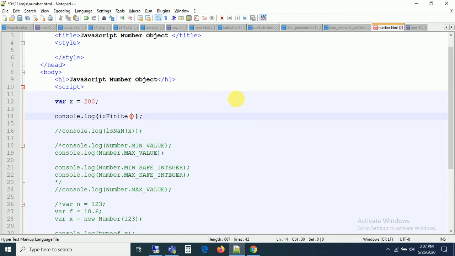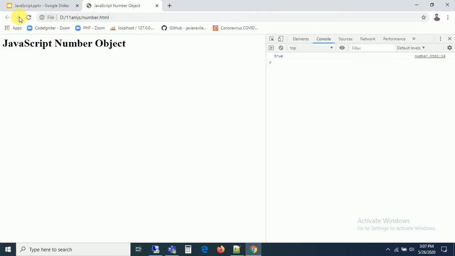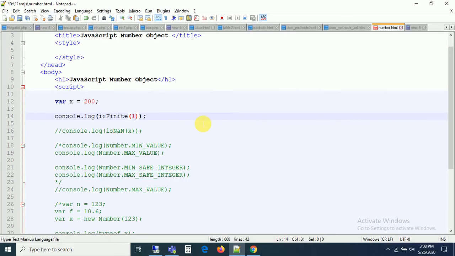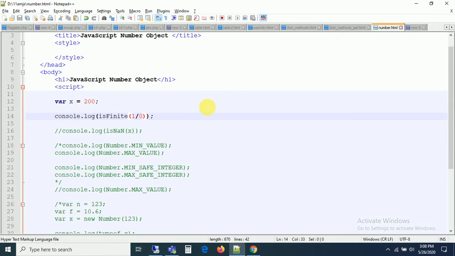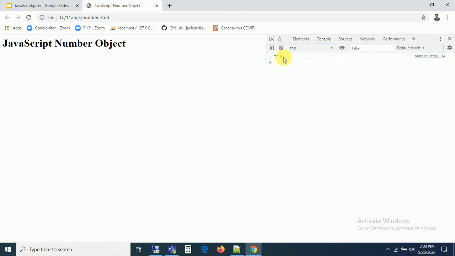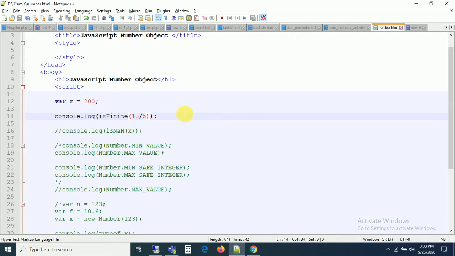Now can you see I'm just going to write 0 by 0. Is 0 by 0 a finite number? You can check it, it may return false. I think it is not a valid division, right? Or else you can check a big number with a small number also. For example, you can take 1 by 0. Is it correct? No, it is not correct, guys. Or else you can take 10 by 5. If you take 10 by 5, it is going to give you a valid value. So this is going to be a finite number. Actually I wrote 1 by 0. Is it possible, division by 0? That's why it is infinite, it is not a finite number. So it will check whether the number is finite or not in this manner, guys, right?